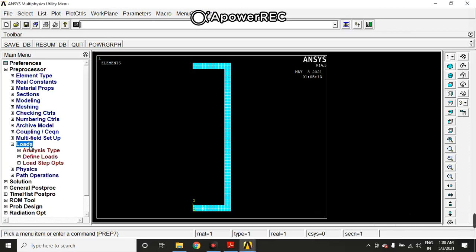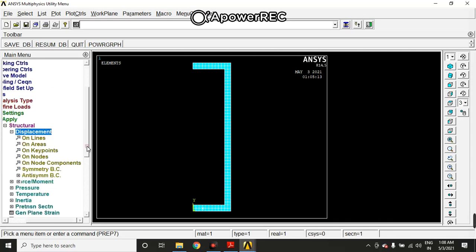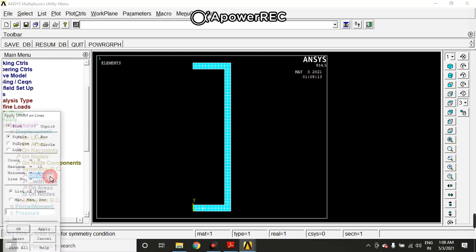We'll click on loads, define loads, apply, structural, displacement. In the displacement you have to select the symmetric boundary condition on lines. Now select these two vertical lines and click on apply. OK.